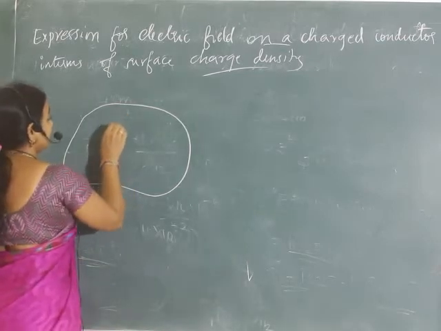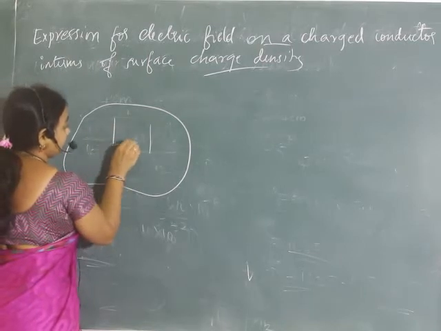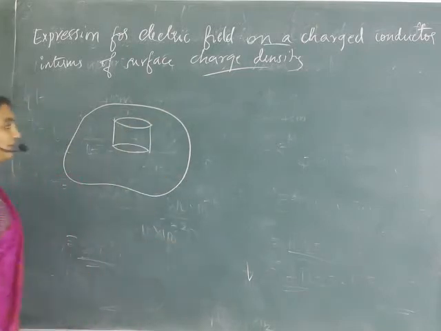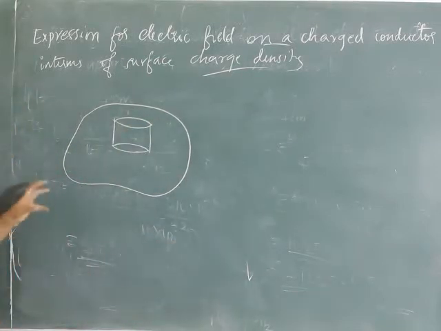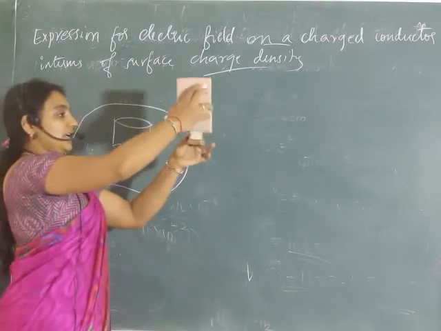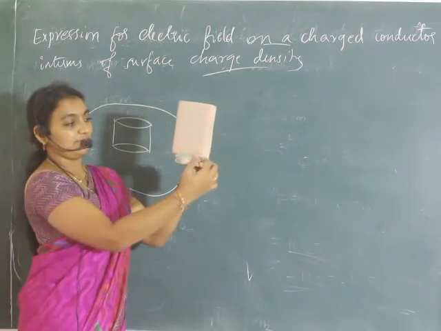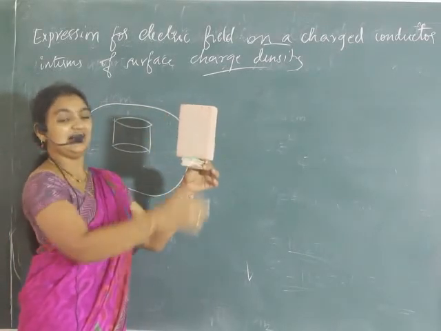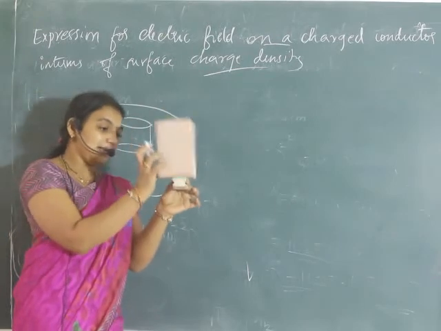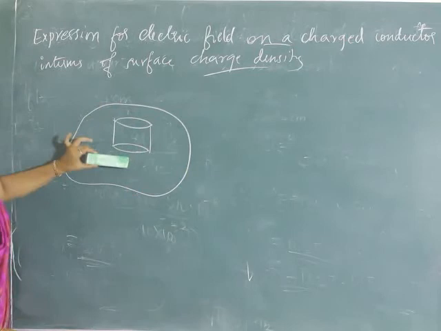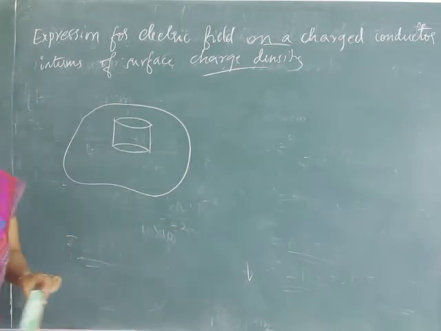We will place one Gaussian surface, a pillbox, on this conducting surface, just like if this is a conductor, on that conductor we are placing a pillbox like this. So the surface is partially in contact and partially outside. So like this, upon the surface you are placing the pillbox, imaginary Gaussian surface in